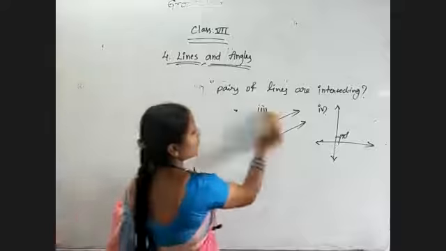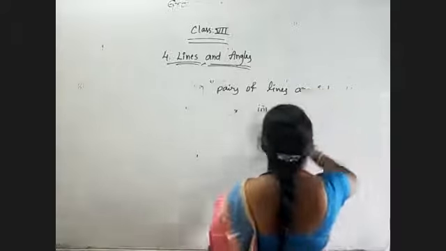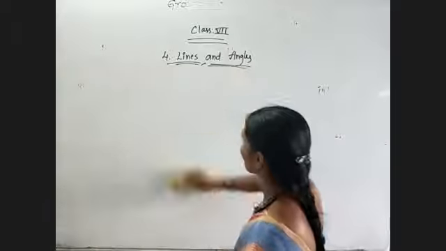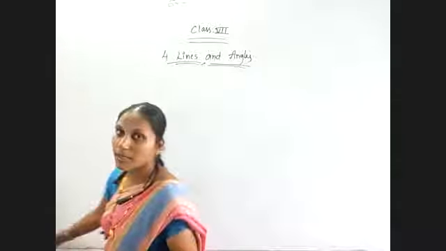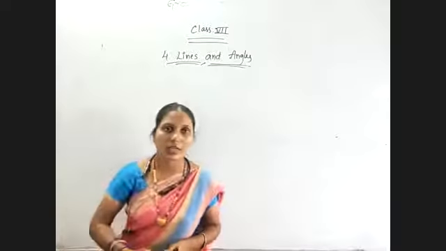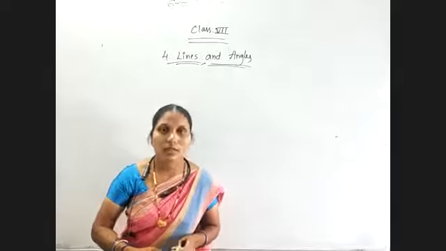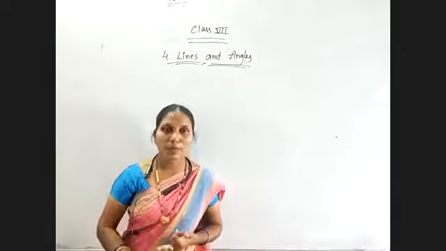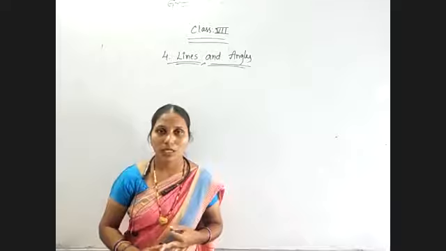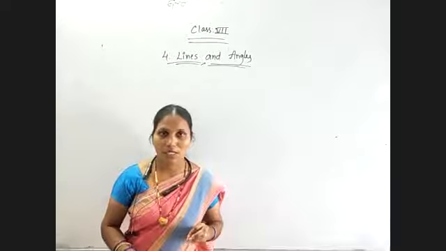So first of all, we are going to learn about the different types of angles now. In this first exercise, we have studied what we discussed in our previous class, that is parallel lines, perpendicular lines, intersecting lines, and after that the types of angles: obtuse, acute, right. All those types we have discussed.